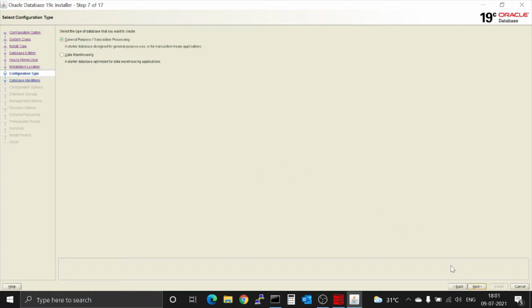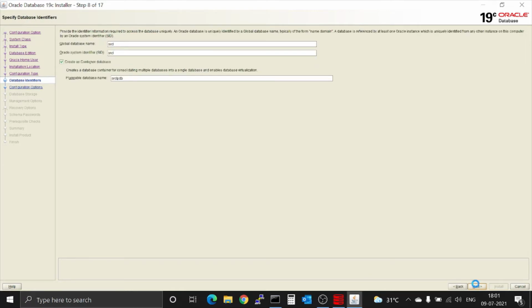General purpose transaction processing or data warehouse. I have selected general purpose, and the Oracle database name here is ORCL by default, and I have selected to create a container database. If you do not want to create a container database, you can uncheck this box here. So I am selecting the container database,